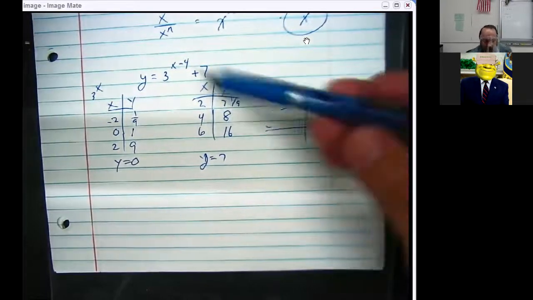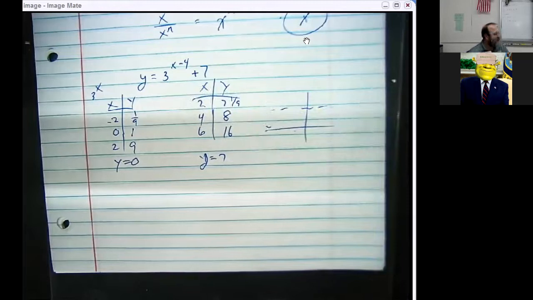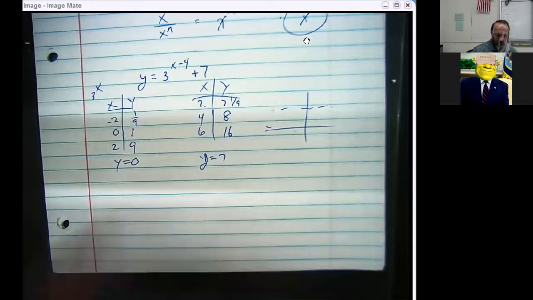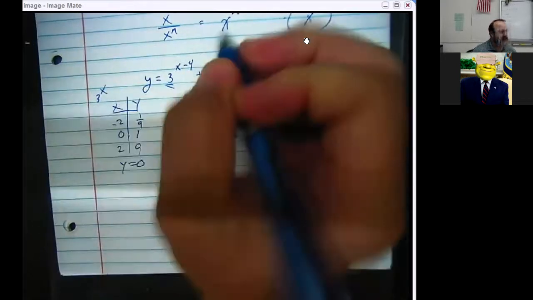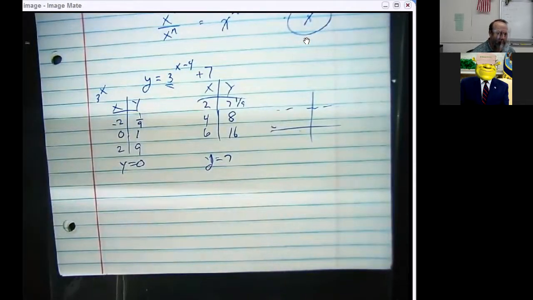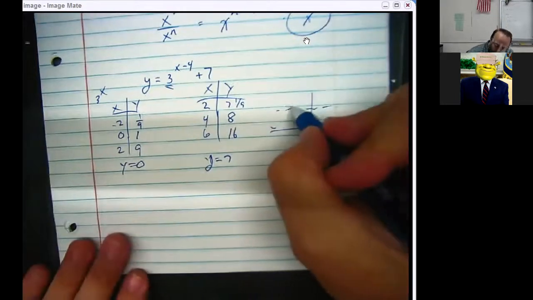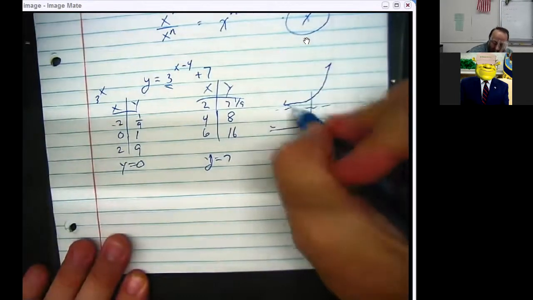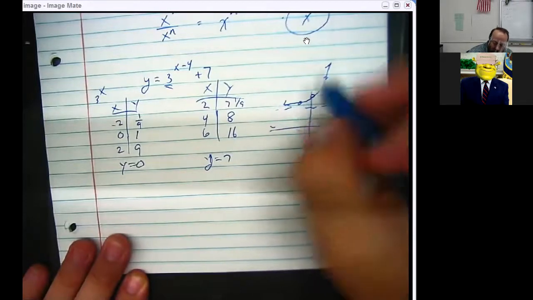But is this growth or decay, and how do you know? Again, trying to go through a bunch of memory stuff here. Is this growth or decay? What was the rule? If that number is anything above 1, because 1 was 100%, right? Is 3 above 1? I think so. So you know the graph is going to look something like that, where we're going to have these 3 numbers,